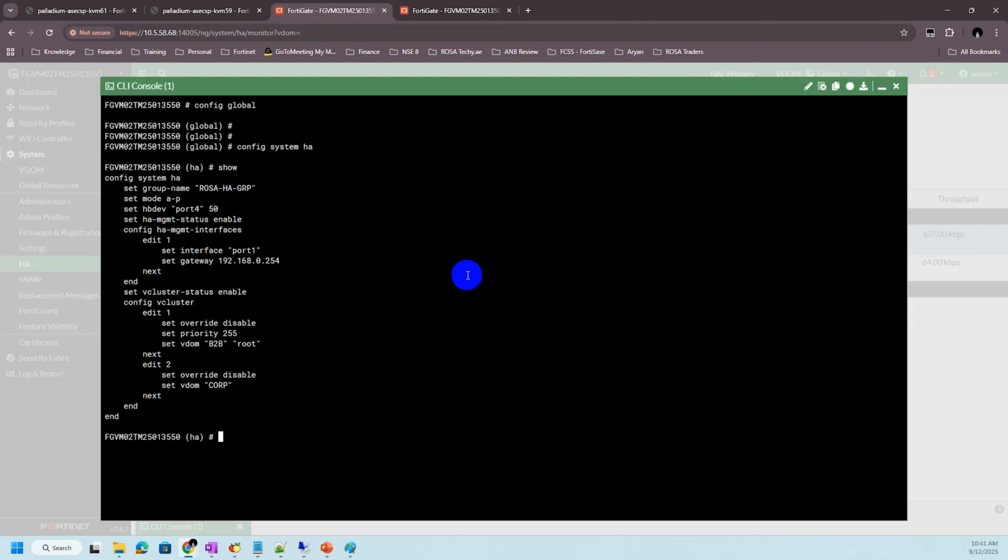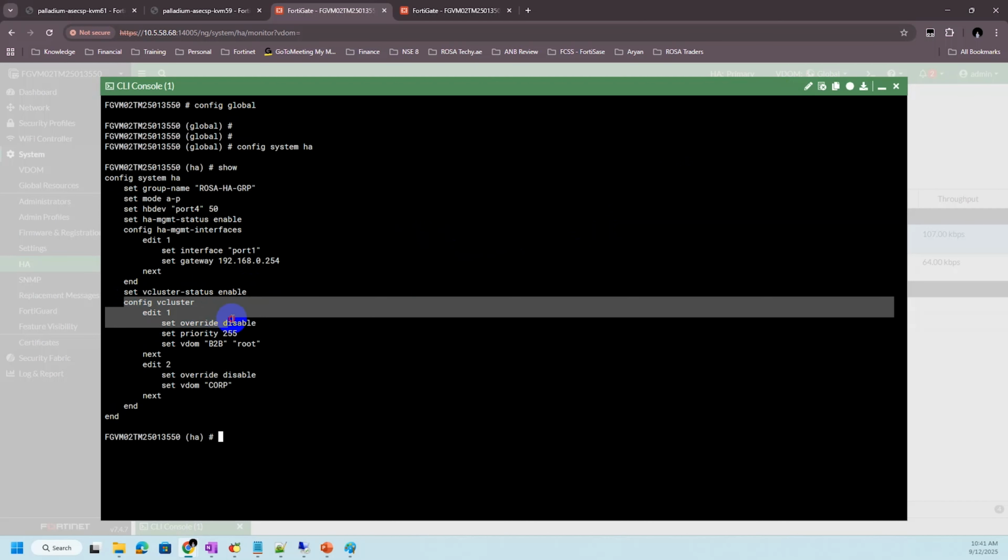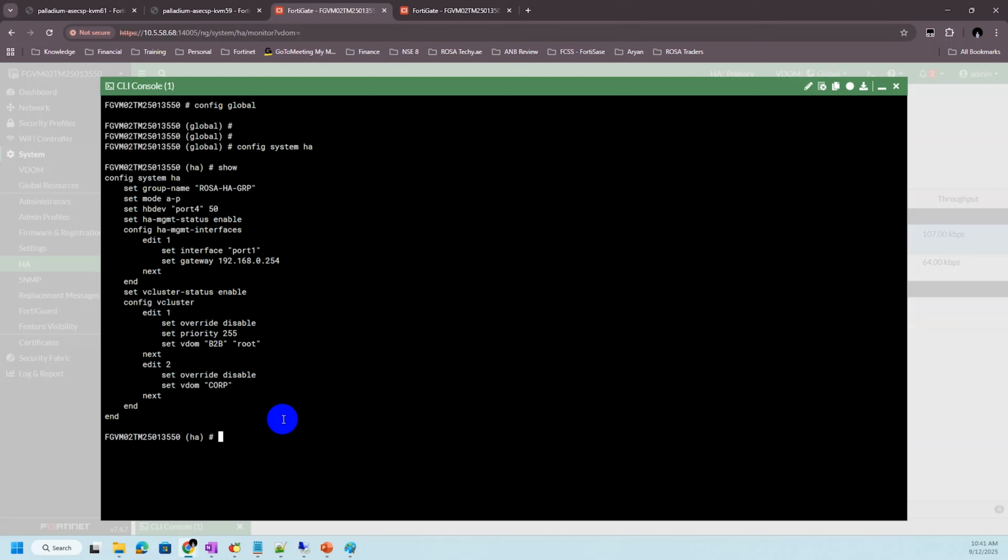You can see here, set virtual clustering enabled again, and the VDOMs are assigned. Priority is defined by this. By default, the priority of a virtual cluster for a device is 128. Within the virtual cluster, the higher priority becomes the master or the primary for that particular VDOM. That's it. This is how to configure virtual clustering on the device.